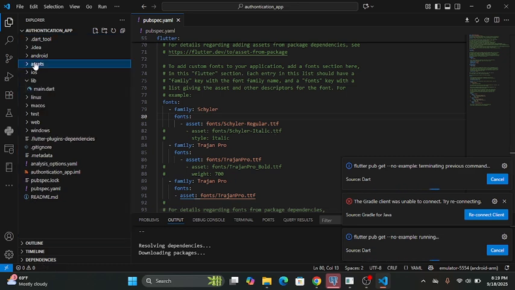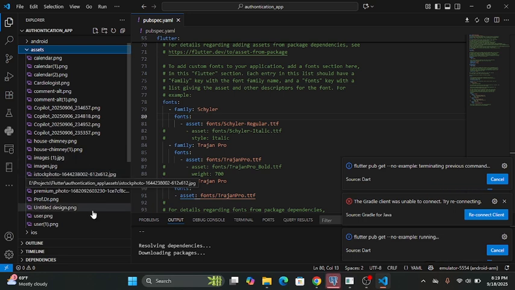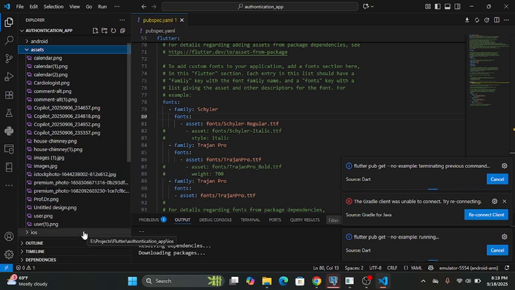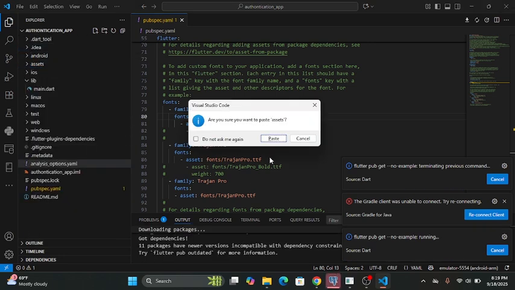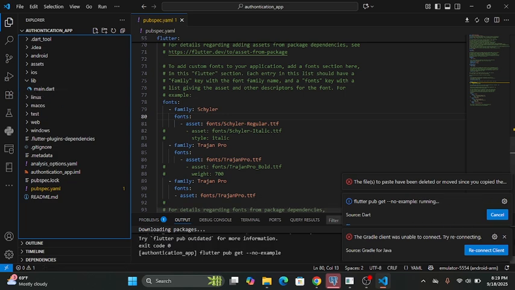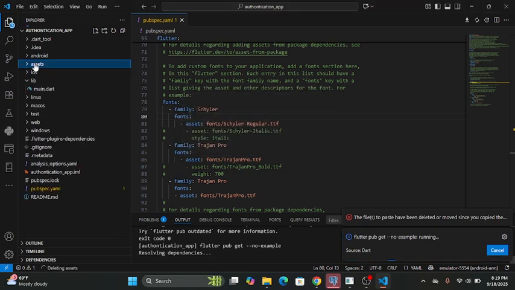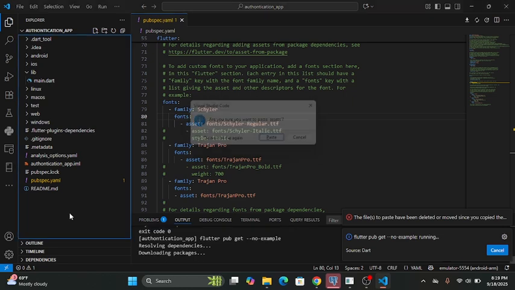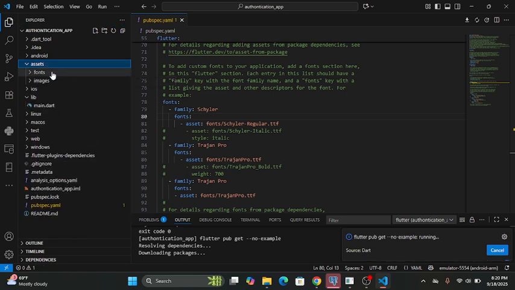So the next thing I'm gonna do here is, I take my asset folder from GitHub, I uploaded it, so you can also get it on GitHub. It contains our image that we'll use in our app, and you click paste. Maybe I was wrong, but this is the right. This is right. And I connect the Gradle, they give me the notification. But here we go. So the dependencies finally come when they give you exit code of 0. It finally come, but I changed it. I'm gonna modify other